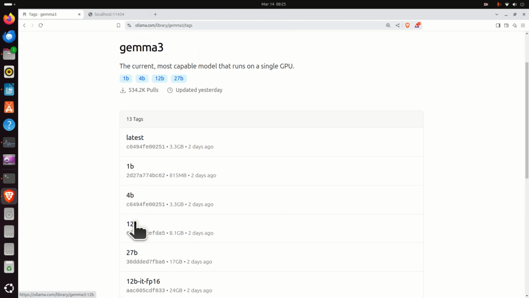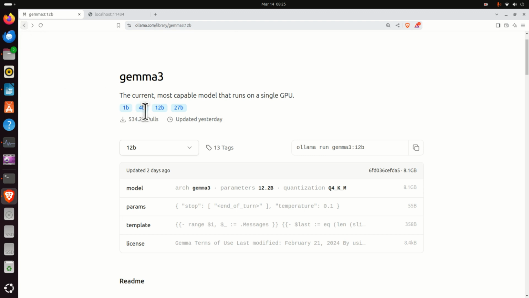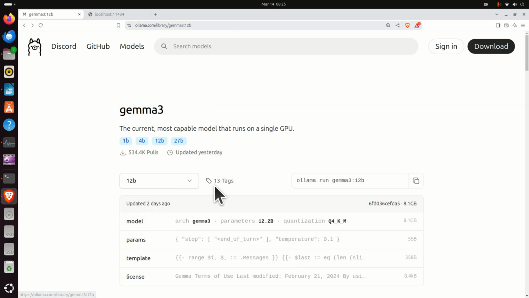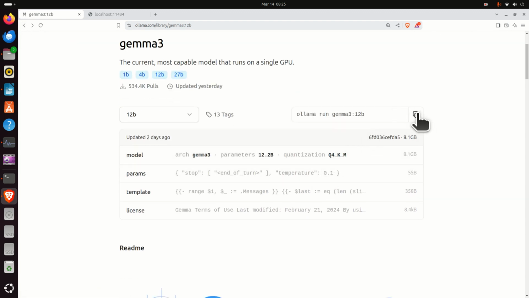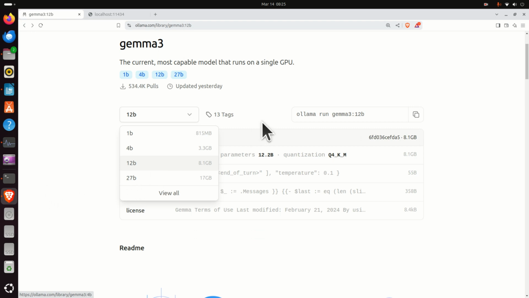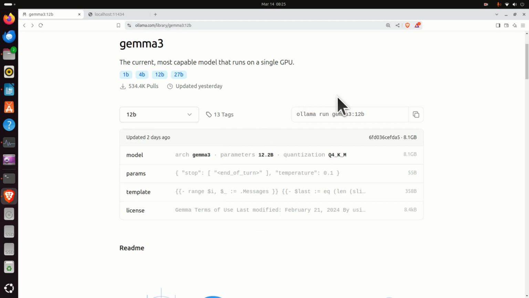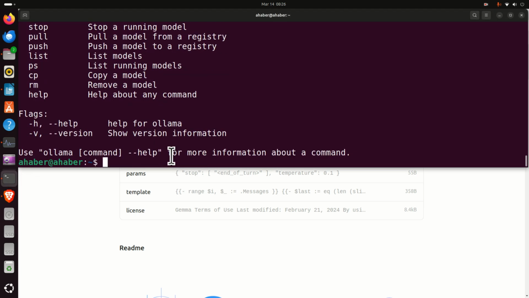In this case, we are going to play with this model. So let's go back, make sure that you select the 12b model, and then copy this installation command. You can also try, by the way, the 27b parameter model, and I was able to run it on my NVIDIA 3090 GPU. Okay, so copy this command, go back in the terminal, paste this command,